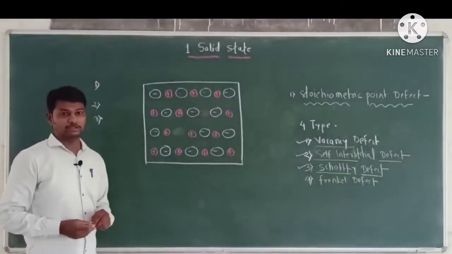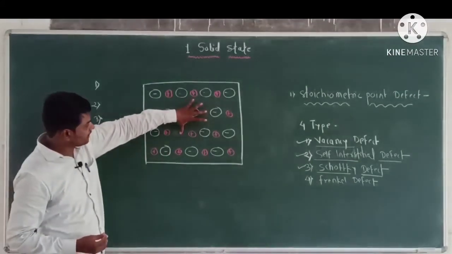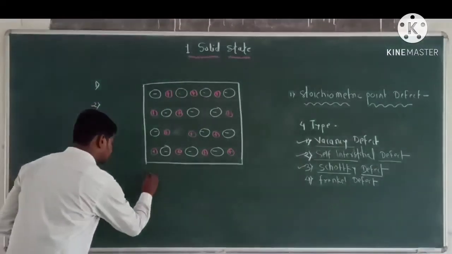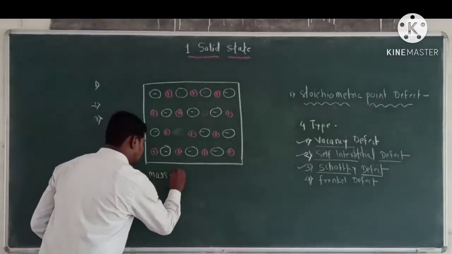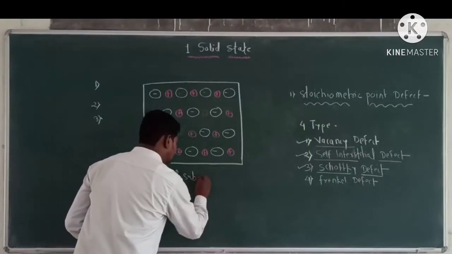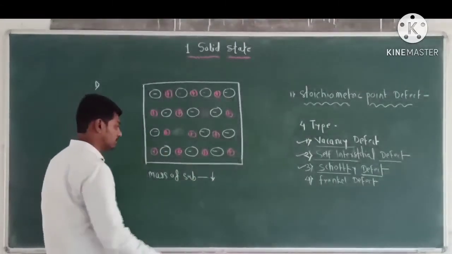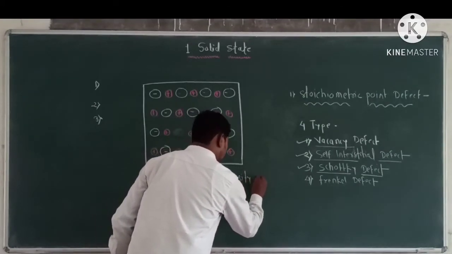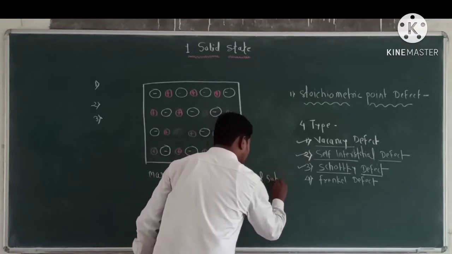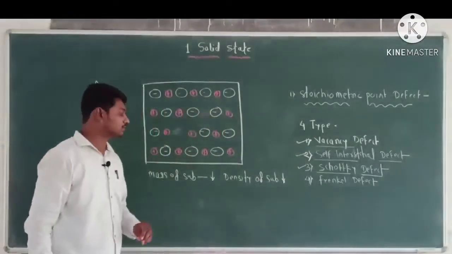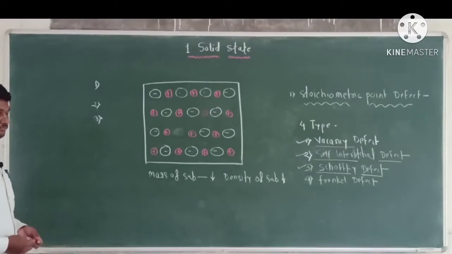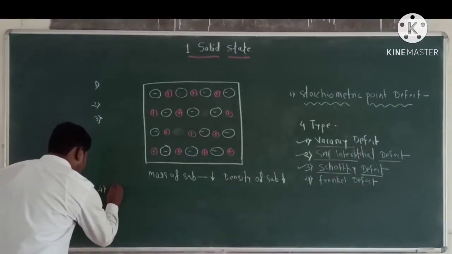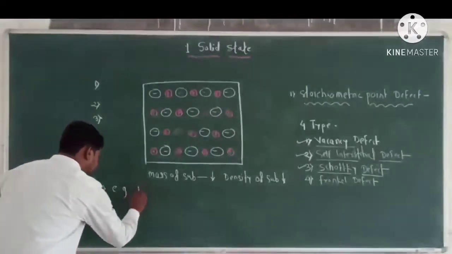in this defect the number of constituent particles, that is cations and anions, decreases. Therefore the mass of the substance decreases. Therefore the density of the substance decreases and volume remains unchanged, that is, same. Okay. An example of a Schottky defect is, fourth point, that is example of Schottky defect is NaCl, that is